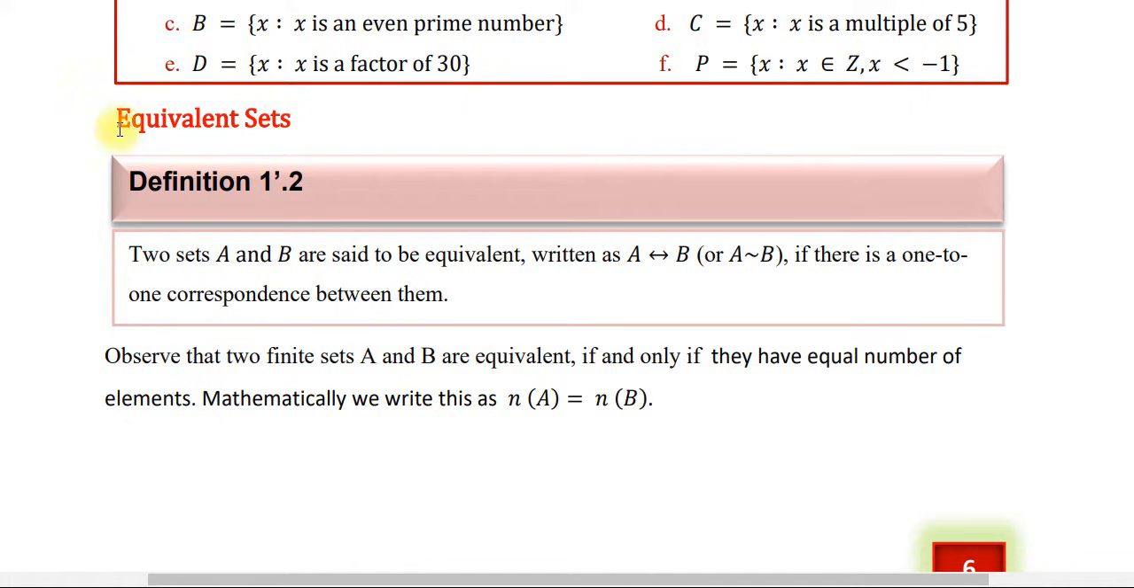ሌላኛው ደግሞ ኢኩቫለንት ሴት ነው። Here we have a definition about equivalent sets. Two sets A and B are said to be equivalent, written as A equivalent to B, if there is a one-to-one correspondence between them. እንግዲህ ሁለት ሴቶች ኢኩቫለንት ናቸው የምንላቸው በዚህ አይነት ሲምቦል ሲገለጹ ነው። ኢኩቫለንት ናቸው ማለት 1 to 1 ኮረስፖንዳንስ ከሆኑ ነው ይላል።